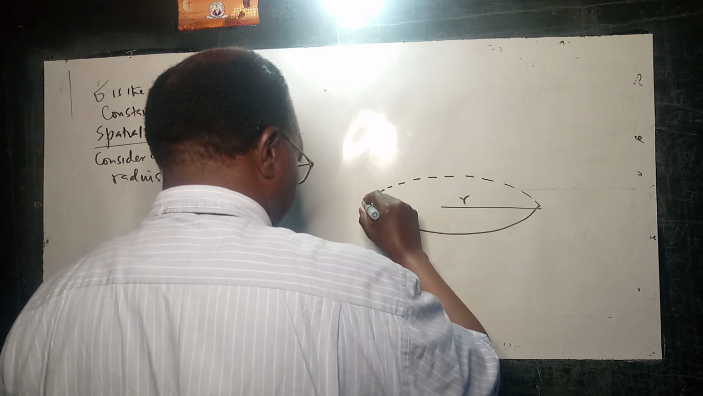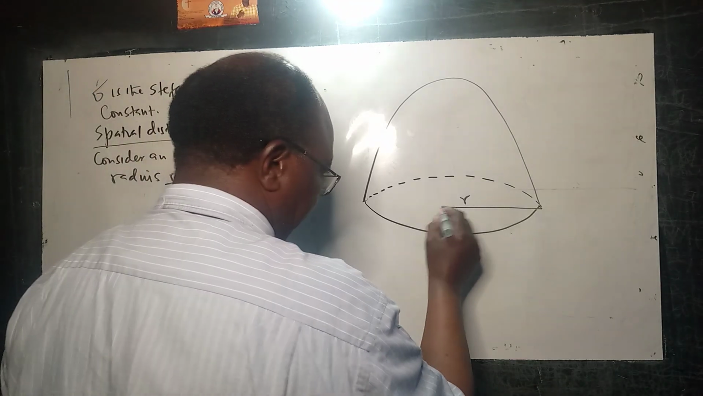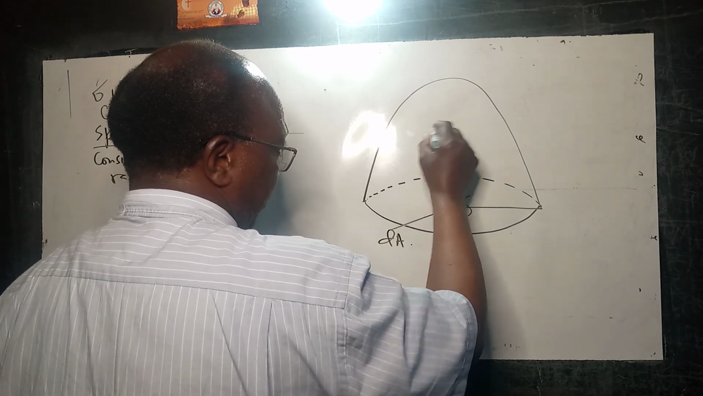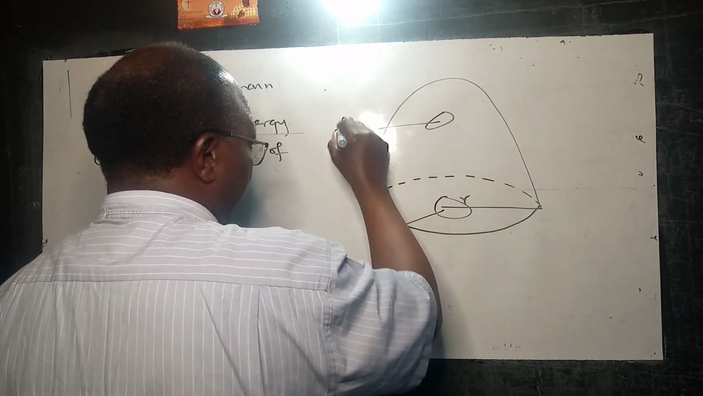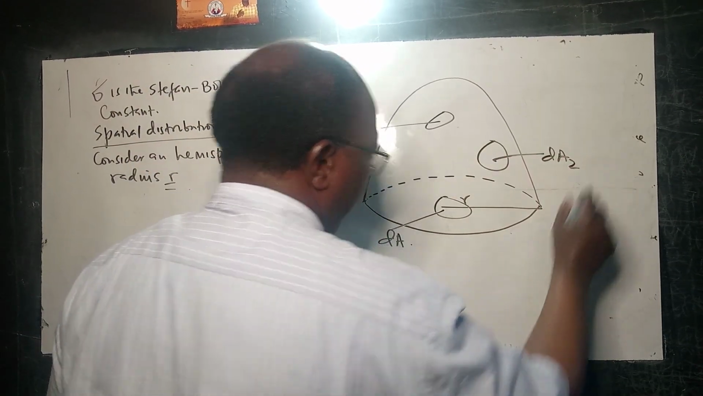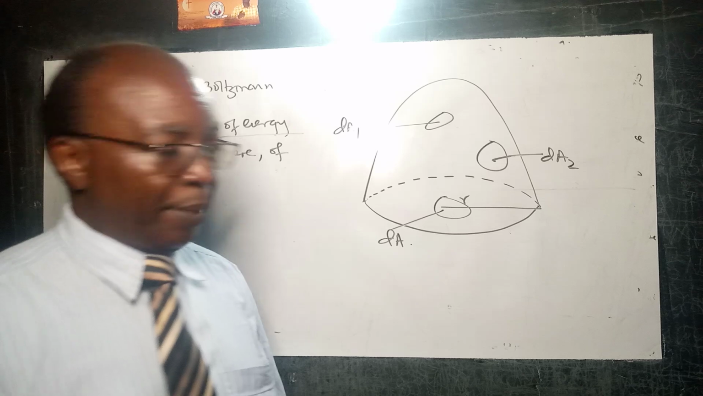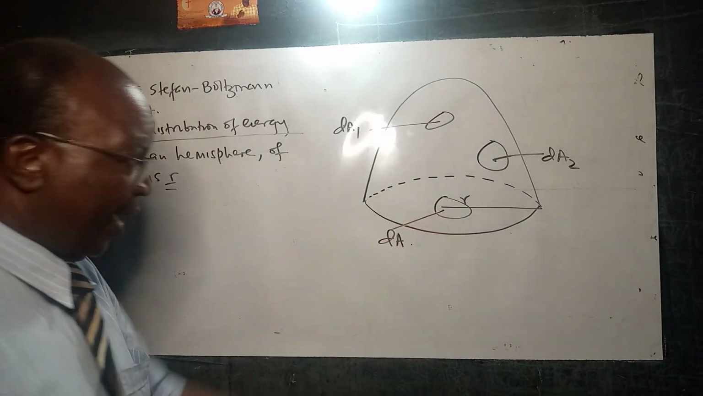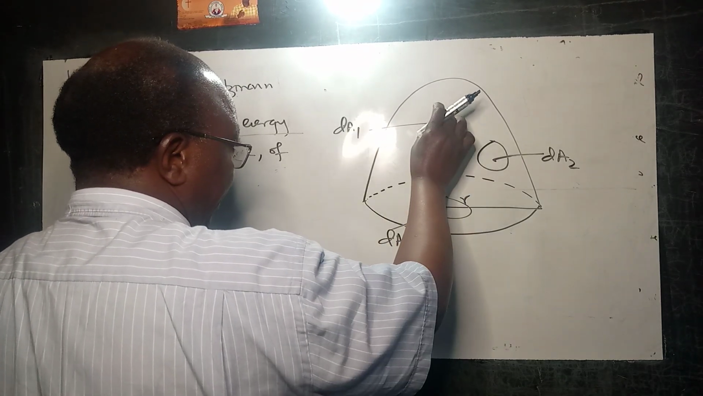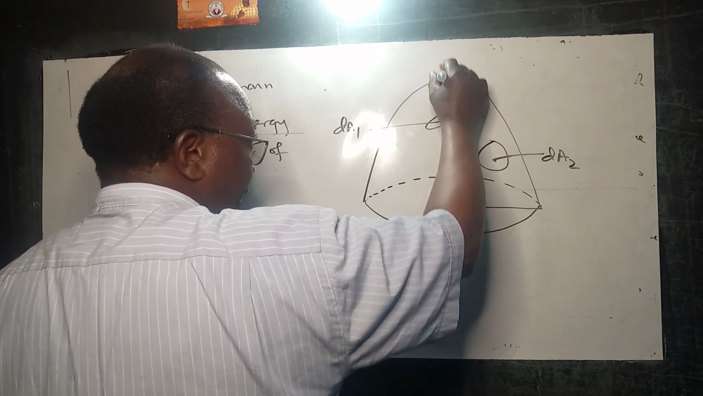The radius is r. Try to do it as best as we can. And let us say we have an element here, dA. We have another element here, dA1, and another element here, dA2. They are not drawn to proportion, not drawn to scale. It's just for illustration purposes that you have this sphere whose radius is r, and you have these area elements dA, dA1, dA2, and let us say that this area element dA1 is on the